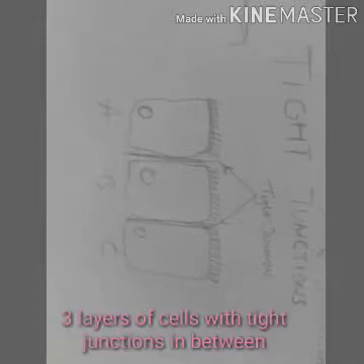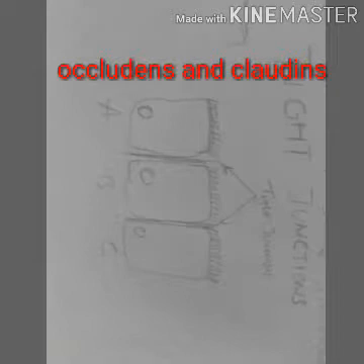When four cells, as you can see in the chart, are in close approximation, that is, when they are adjacent to each other, the area in between two adjacent cells shows the tight junctions. Sometimes the layers are four layers, but three layers of plasma membranes are seen in the chart right now. Tight junctions have two specialized proteins which help them in their actions,